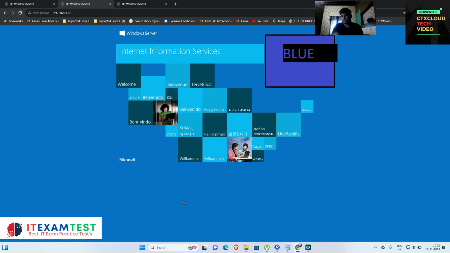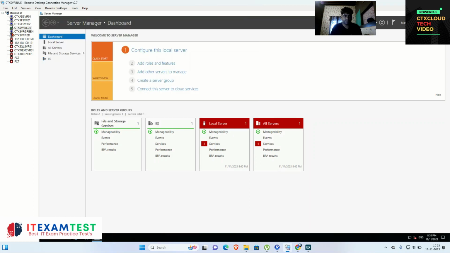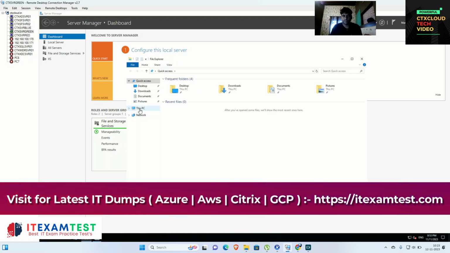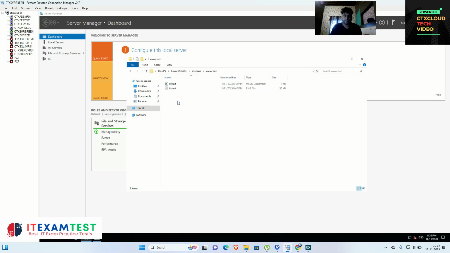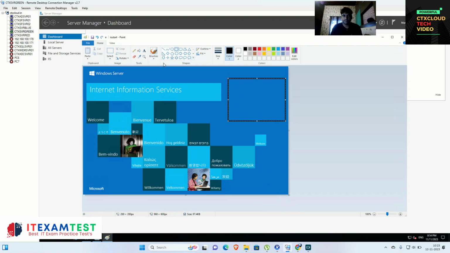So same changes I'm going to do on the red server and then the green server. So I'm going on my green server, and here in C drive you guys have to go to the inetpub folder, and after that wwwroot, and you just open this file and draw a square here and fill this with a green color. So now you guys can identify that this is a green server. So I am going to save this,